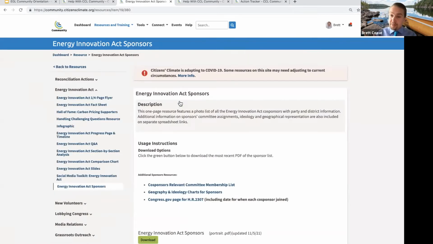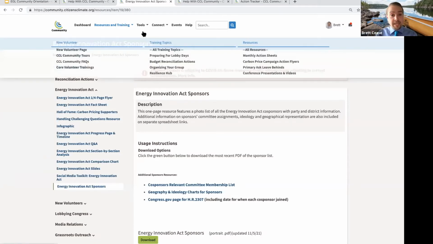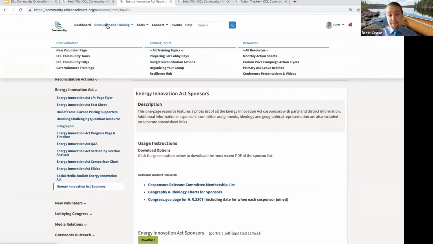This is a perfect segue to talking about the second most requested area to explore, and that is resources and training. So just as a reminder, we basically have two categories that we have defined as really important key ways for you to get trained up or be provided with resources in your volunteer work. Trainings, if you want to see the categorization of how we're talking about this, are available in this top drop-down menu under resources and training. I can click on all training topics and find those. And resources are available here under all resources.